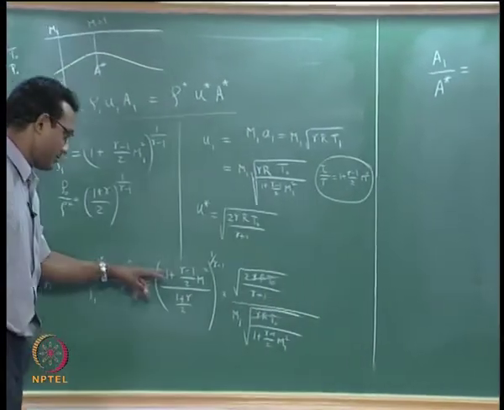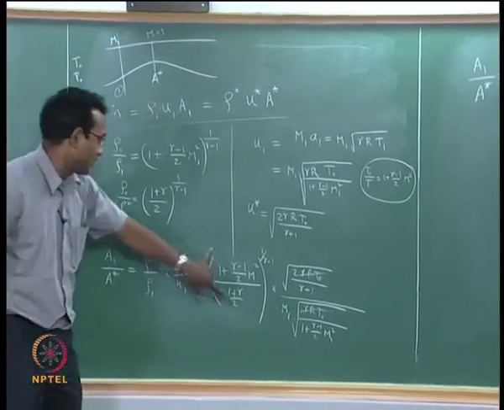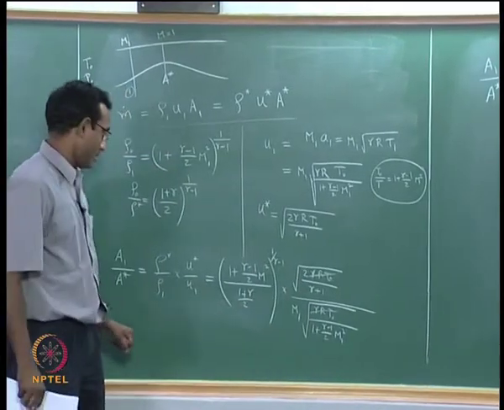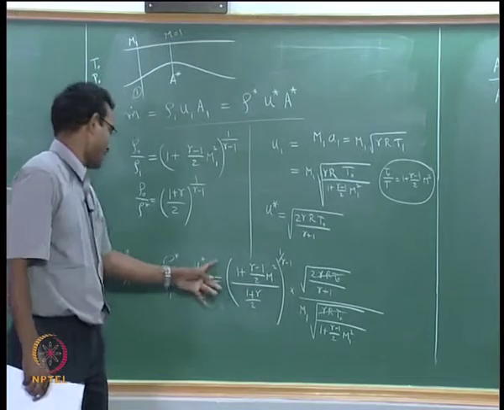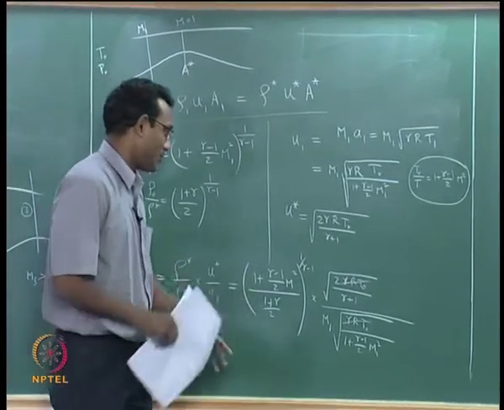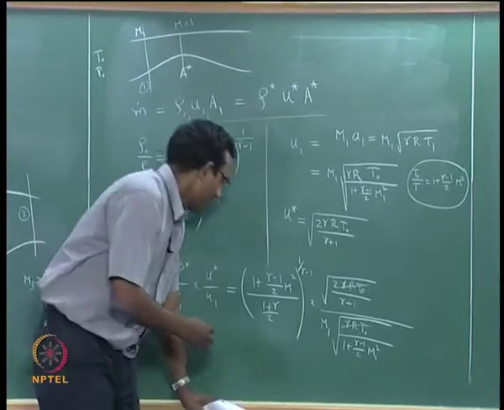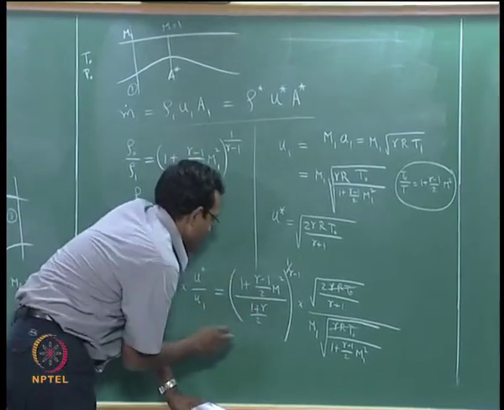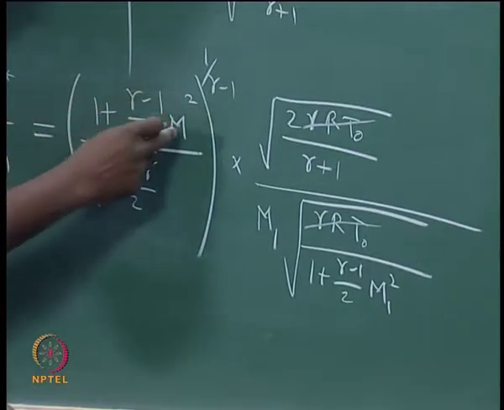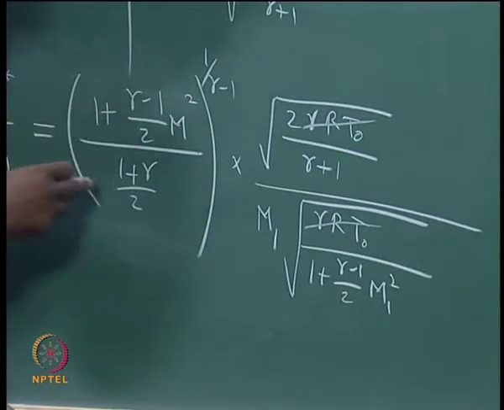If I look at it, the expressions are almost the same in this bracket and in this square root term. There is just a 1 by m1 which will be separate, which I will put in the front. The remaining things are almost the same. If I slightly rewrite this, I will get 2 plus gamma minus 1 m square, whole divided by 2, then that by 2 will get cancelled with this divided by 2.